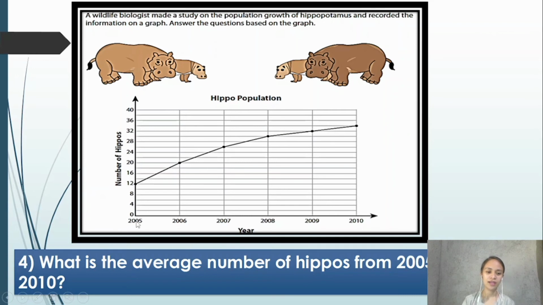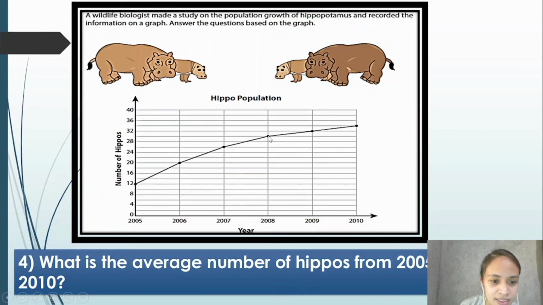First, ano ba yung number of hippos from 2005 to 2010? So, 12 plus 20 plus 26